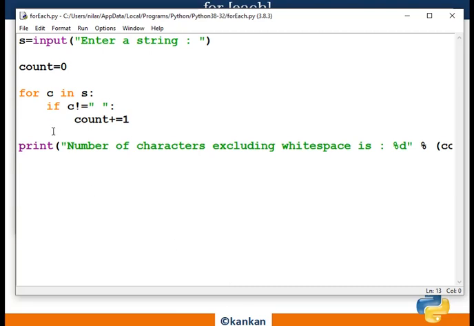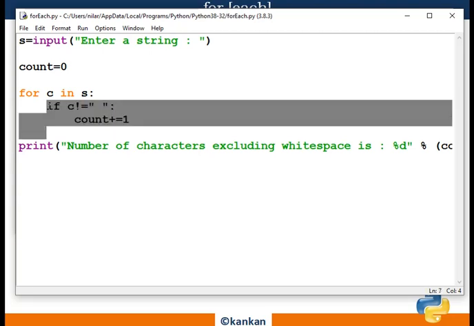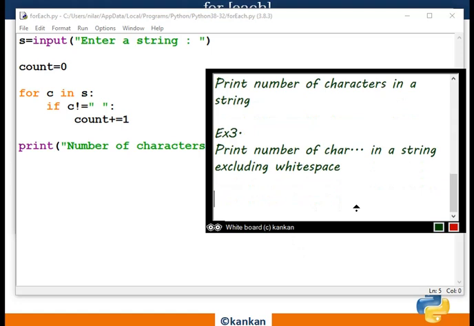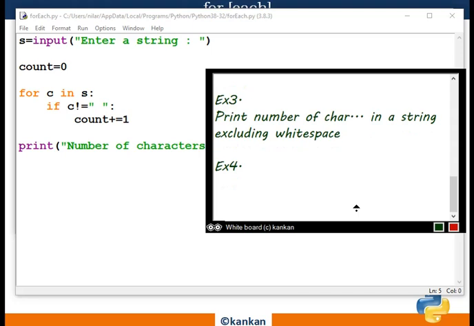Now what we have seen there, the if statement is nested within the for. And next we are going to harder problems subsequently, and the next example that I would like to show you is to reverse a string.